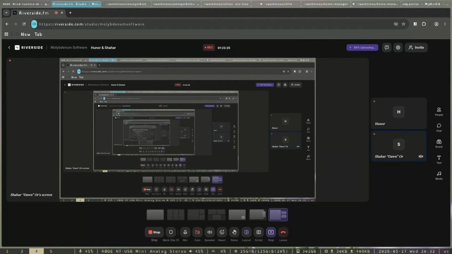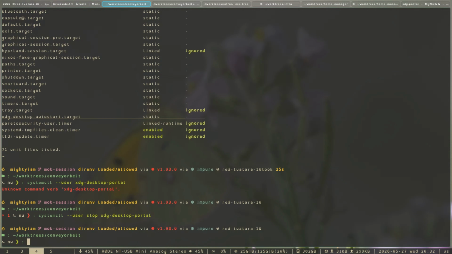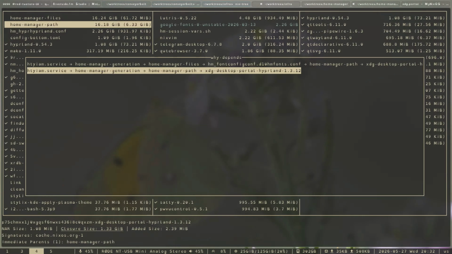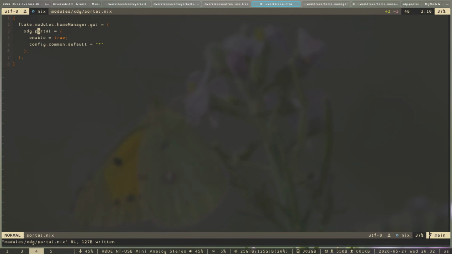It's not here, but I think it will be here again if I stop sharing and I start sharing again. Let's see. I didn't even pick which screen to share, and I'm going to look at bottom, and bottom is already showing me XDG desktop portal again. Oh, yeah. So it's not enough to like systemctl user stop it, right? Yes. I'm not sure what would be enough, so I'm going to not fight it and just